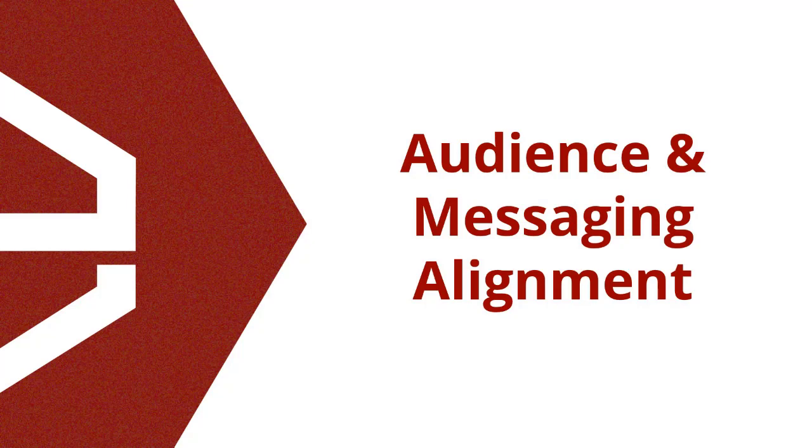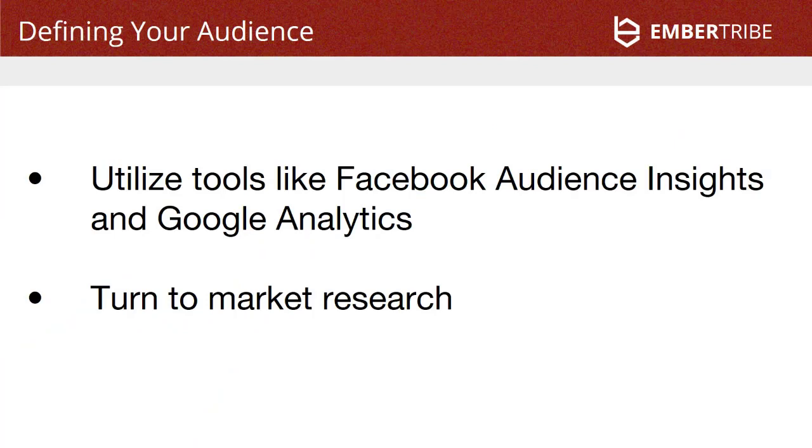So that's how you target. But you might be wondering, who exactly should I be targeting? Who is my ideal audience? And there's a few ways to figure that out. First, you can utilize tools like Facebook Audience Insights, and basically go in there, take a look at the types of people who have purchased your product, who visited your page, or who've just interacted with your post on Facebook. So that's one really good way to get some audience ideas.